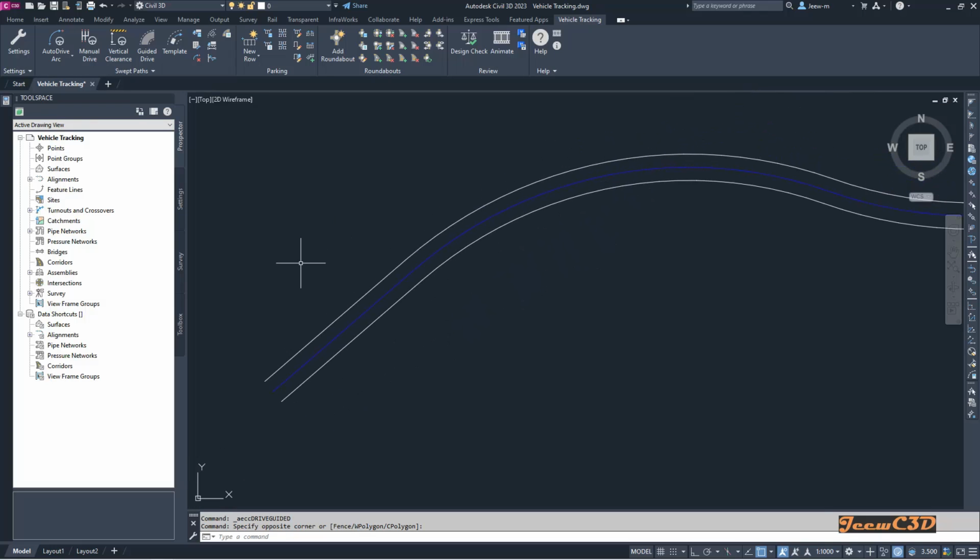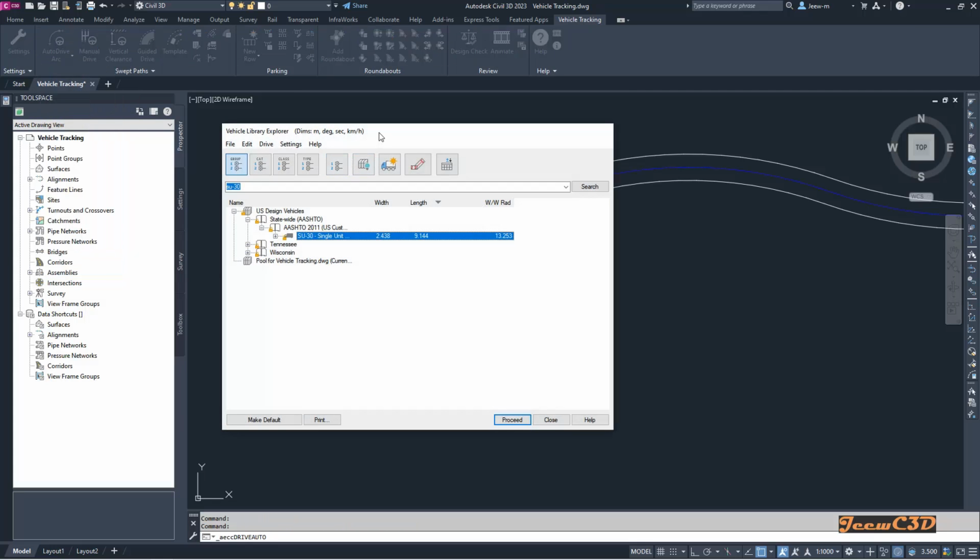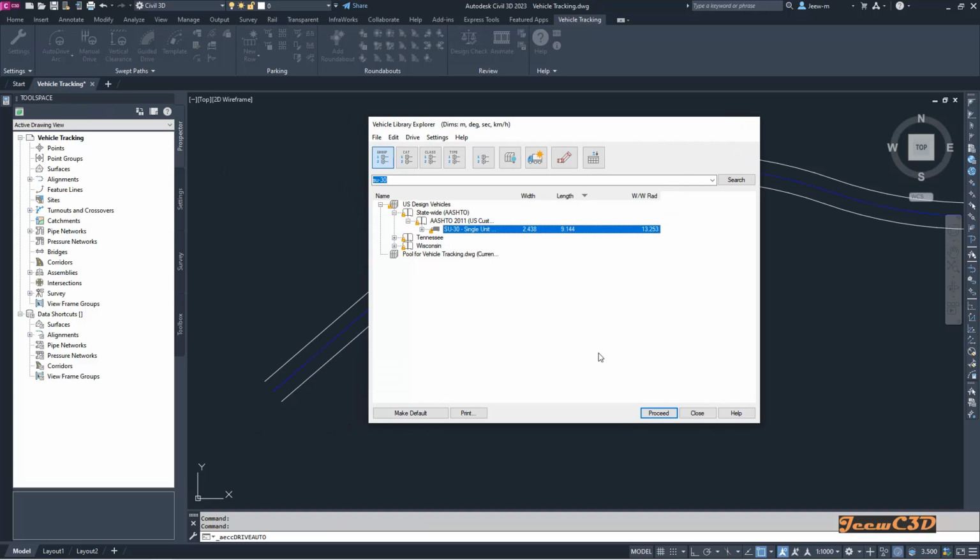This auto drive arc mode is especially useful when you are driving or when you are doing the vehicle tracking along a curvy road. So to access that one, you can use this auto drive arc 1. So it will give you a chance to select the vehicle to use with this vehicle tracking, use with the swept path analysis. So I am using the SU30 vehicle and I click proceed,